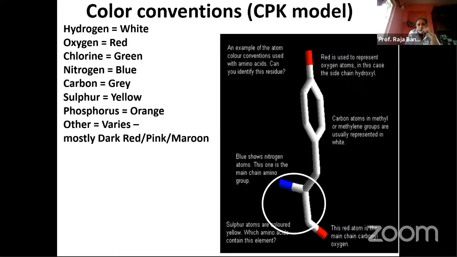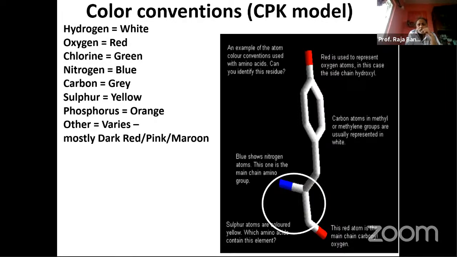When you are showing the biomolecules, there is a color convention, and this color convention is called the CPK model. This C, P, and K are the names of three scientists who are all Nobel laureates. The C is E.J. Corey, P is Linus Pauling, who received the Nobel Prize two times, and K is Koltun. In 1950 onwards,